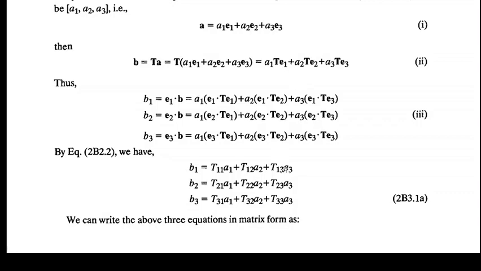No, you can obtain this system which has three equations, b1, b2, b3, from 2 by putting the values of Te1 first, A1 into Te1. What is Te1? Te1 is equal to, go to your previous lecture, T11 E1 plus T21 E2 plus T31 E3. Instead of Te1, then use Te2, then use Te3, and then when you will take dot product of B with E1, you will have this. You will have this.